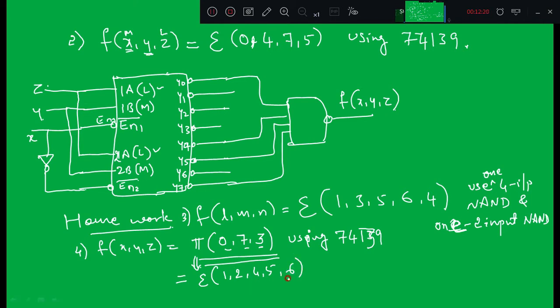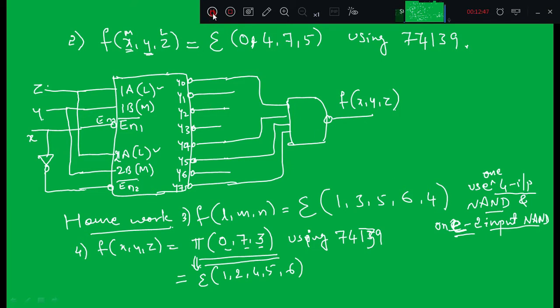Again you have 5 outputs, right? I cannot use a 5 input NAND gate because I don't have one. So what you can do is again use a 4 input NAND gate and a 2 input NAND gate, right? So in this case you have to use 2 external NAND gates. Okay,